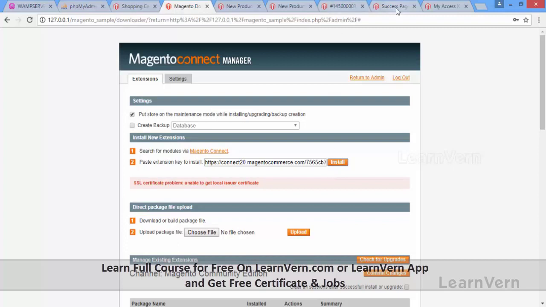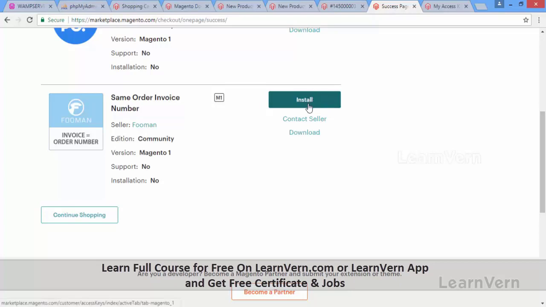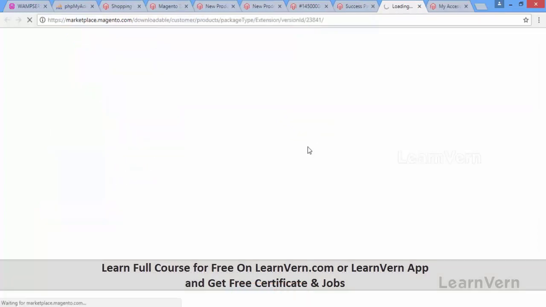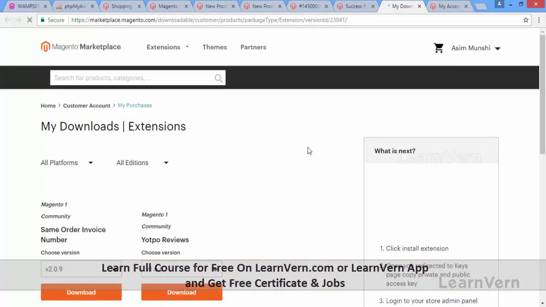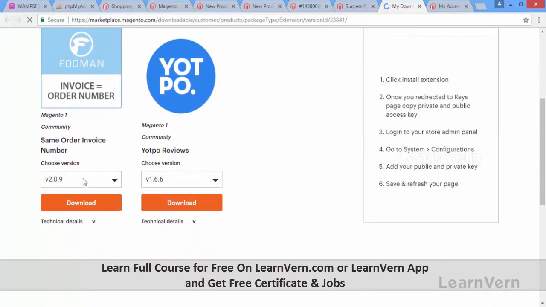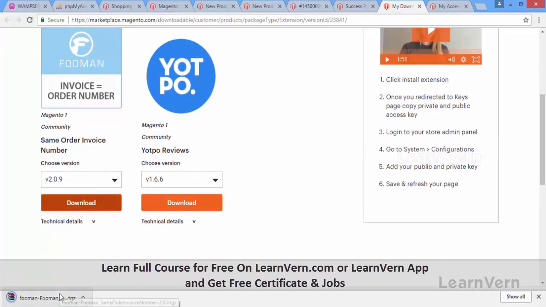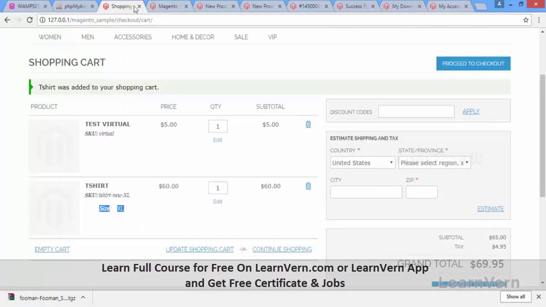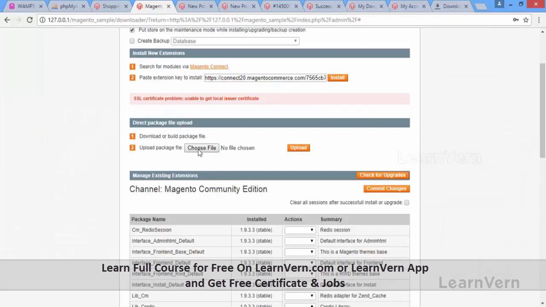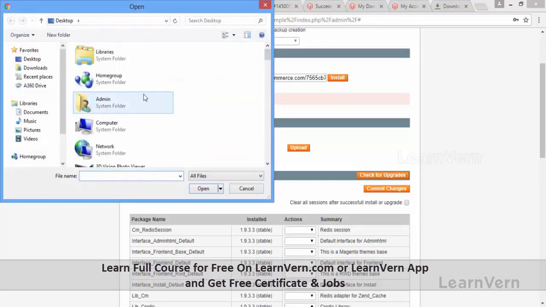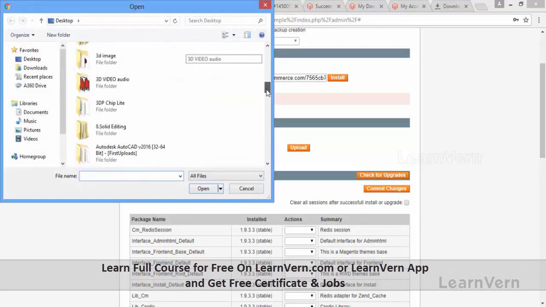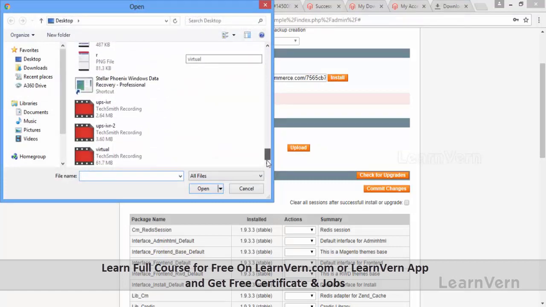So I will go back again to my order success page, and initially we click on the install button. So now I will click on the download extension. So this will download the extension locally. So after the extension is downloaded, I will go back to my admin. Now I will click on choose a file. I will select the extension which I have kept on the desktop,